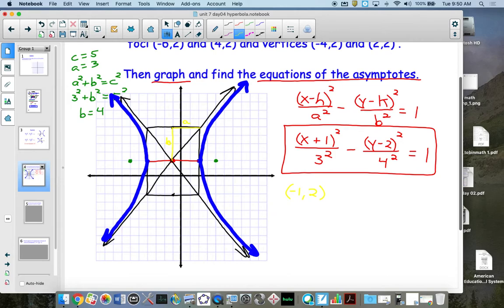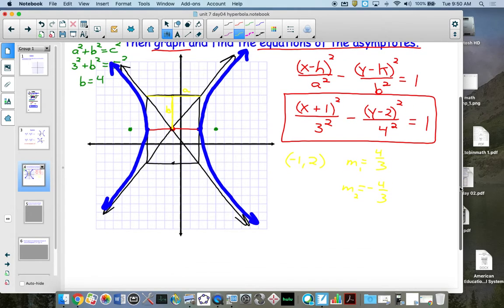All right, so the slope in this case is going to be +4, +3. So the slope is 4/3. What about the slope for the other one? That's going to be up 4 and 3 to the left. So that's actually going to be -4/3. Call that slope 1 and slope 2. Both of them go through the point -1, 2. So for the equation of the asymptotes,